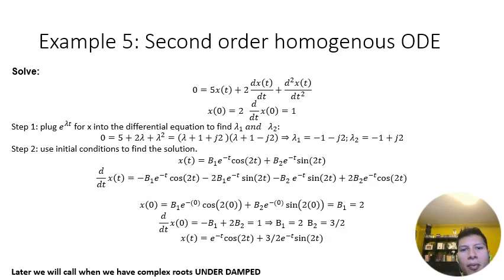Okay, so we have one last example, and I'm just going to go over it very quickly. And this is the case when we have complex roots. So they're neither purely real, nor purely imaginary, nor the repeated roots. So for this particular case, if you look at this polynomial, we're going to have basically 5 plus 2 lambda plus lambda squared as our characteristic equation that equals 0. That leads to